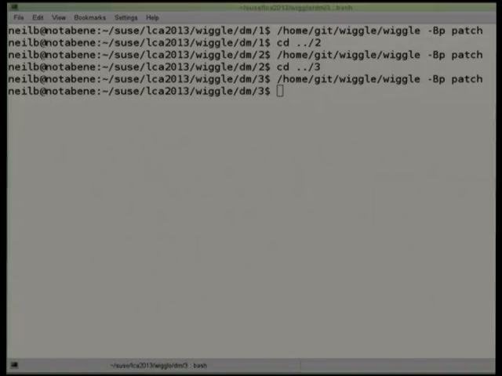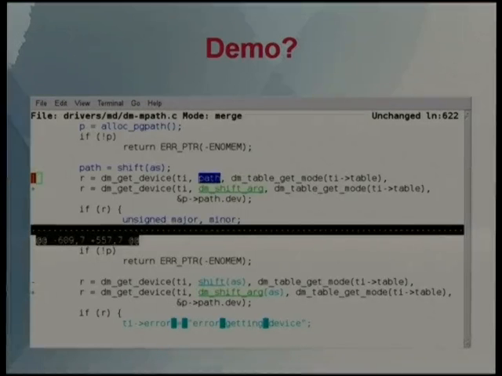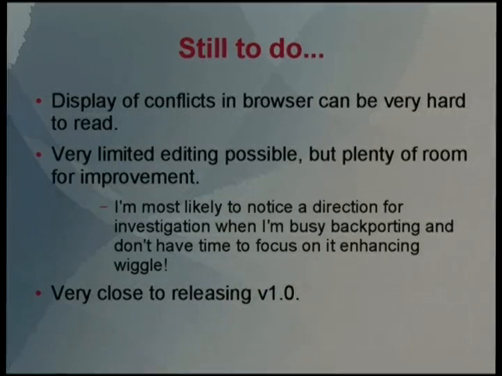Where was I? I was there. So that's just the good one. In case I didn't have time, you can see the path and the stuff there. And still to do,